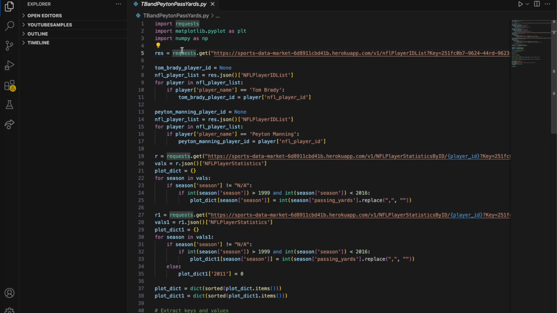At a high level, what we're doing is requesting the NFL player ID list endpoint, which returns to us a giant mapping of player names to their player IDs. I should be more specific on that. It returns a JSON that contains a list of objects, and each object contains the player's name along with their player ID. So using that endpoint, we can call that endpoint, which is what we're doing on line 5, and